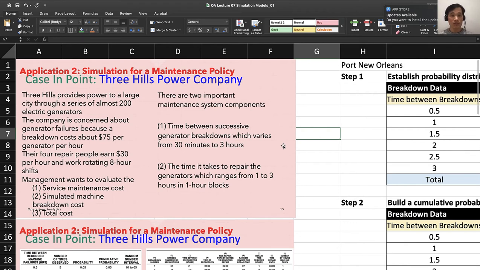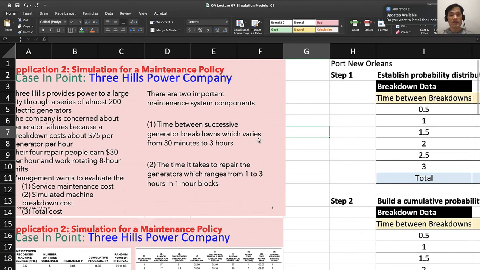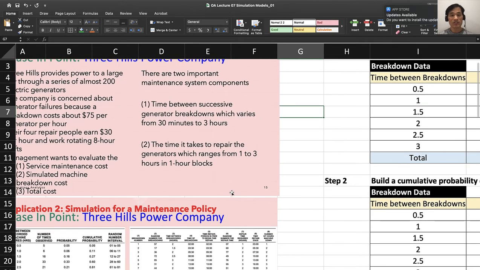Management wants to evaluate the service maintenance cost, simulated machine breakdown cost, and total cost so that they can understand the magnitude of the cost caused by these breakdowns. There are two important maintenance system components. First is the time between successive generator breakdowns, which varies from 30 minutes to 3 hours. The second component is the time it takes to repair the generators, which ranges from 1 to 3 hours in